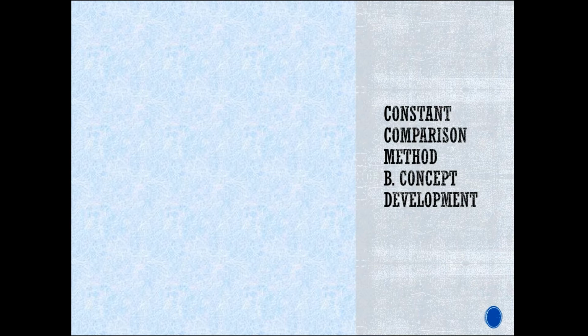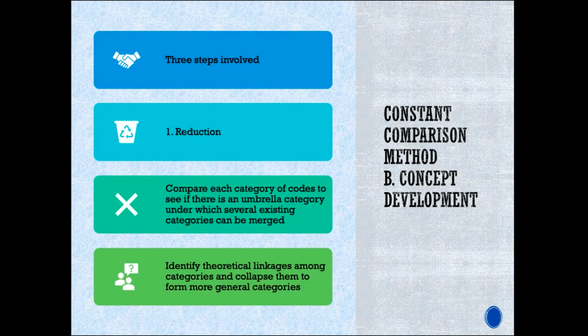We come to the second type of constant comparison method, or second step, which is concept development. Here we are going to develop the concept. Three steps involved. First, reduction. We compare each category of codes that we identified in the previous step to see if there is an umbrella category in which several existing categories can be merged, which is similar to what we have done in the first method, ethnographic